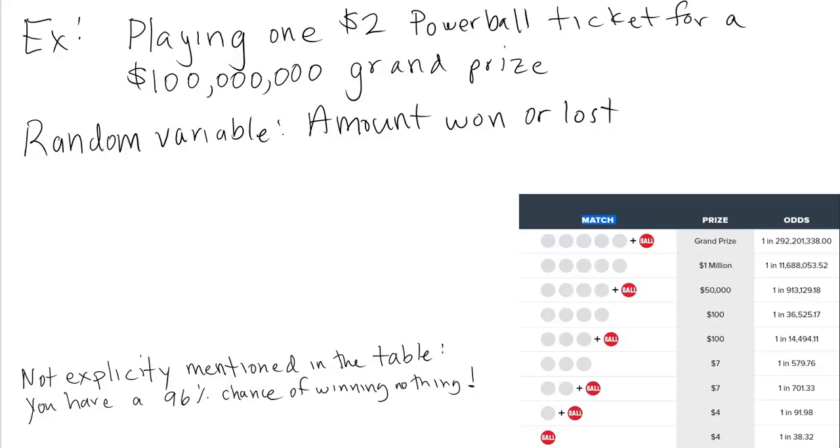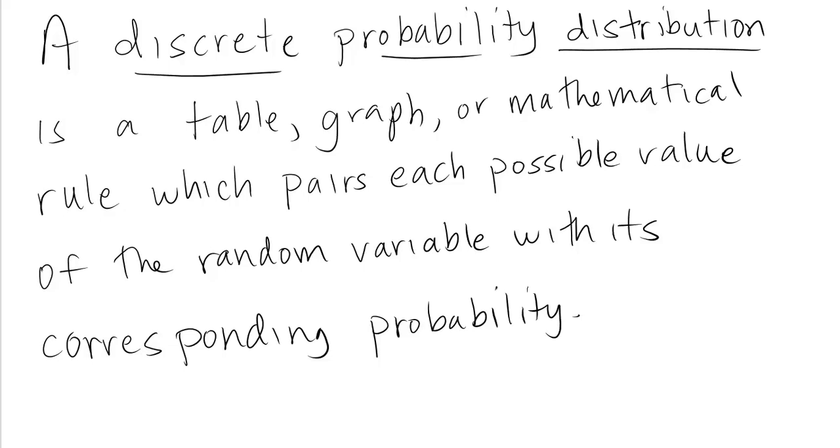We can also talk about continuous random variables, and that's something we'll cover after Chapter 4. In this chapter, we're going to focus on discrete random variables. One thing we often want to do is look at the pattern of variability for all possible outcomes of that discrete random variable, and that's what we call a discrete probability distribution. A discrete probability distribution is a table, graph, or mathematical rule which pairs each possible value of the random variable